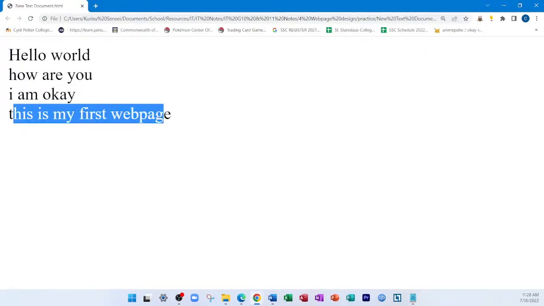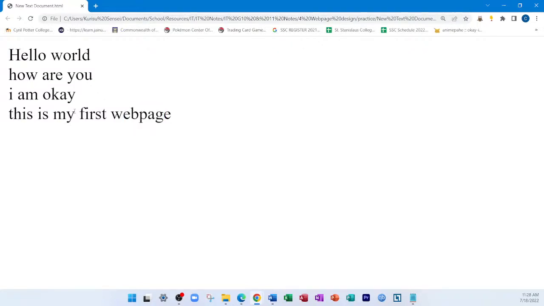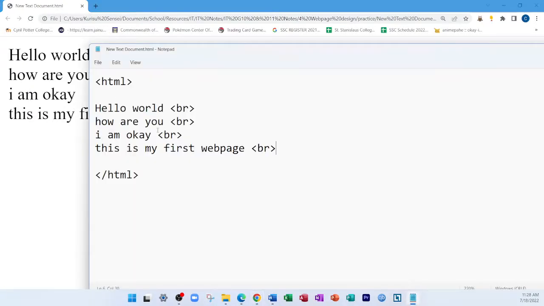So that's the purpose of the HTML. You have your text information, you have your image, you have your Word doc, whatever information you want to put in the website. But the purpose of the HTML tag is to format that information. So for instance, now I want to make hello world bold. I need to use the bold tag. So I'm going to type left arrow B, the other arrow,